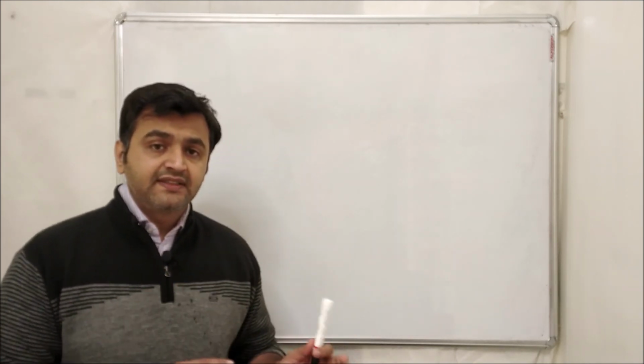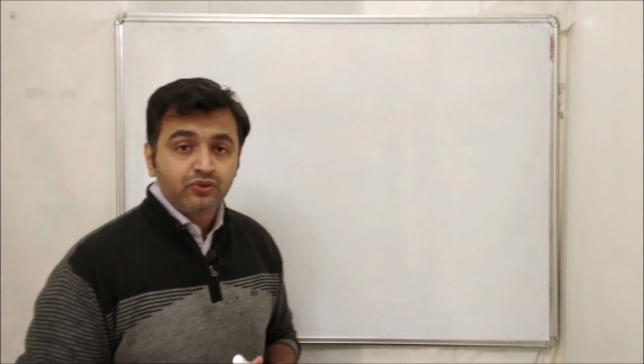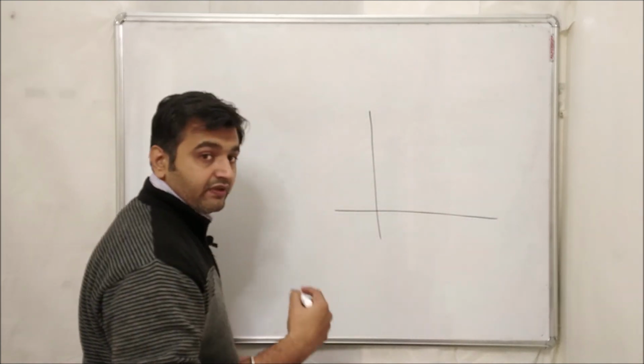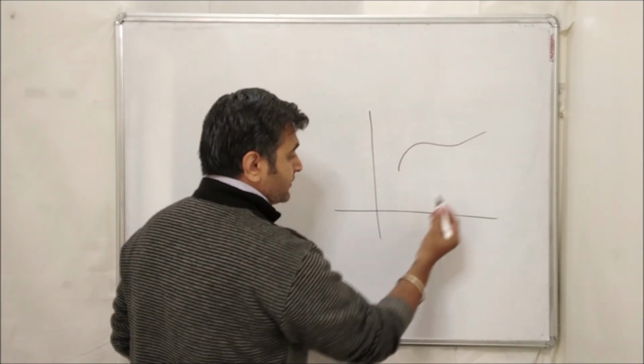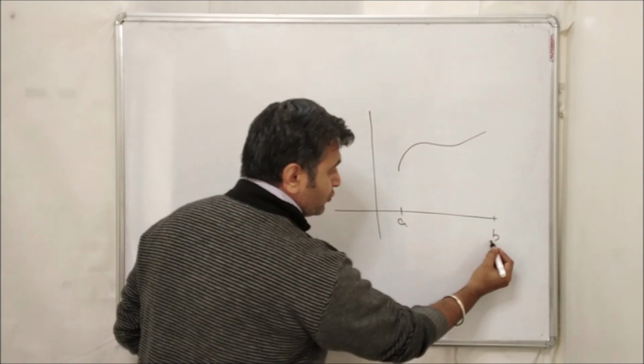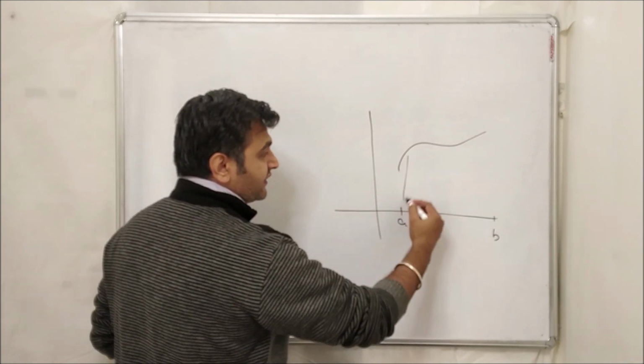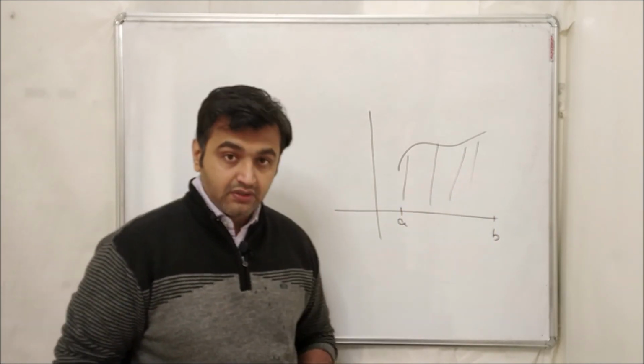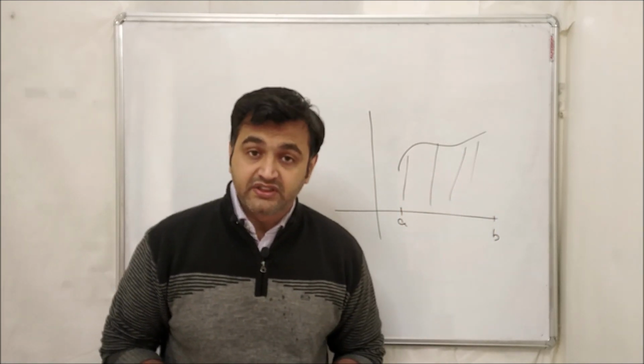Today we will see how double integration helps us to find the area of the region. Now you have already seen that single integration gives you the area under the region, right? If you have a function of one variable and this is the graph of some function over the interval, say a to b, then if I integrate this function, what do I get? I get the area under the graph and above the interval. That's the job of single integration.